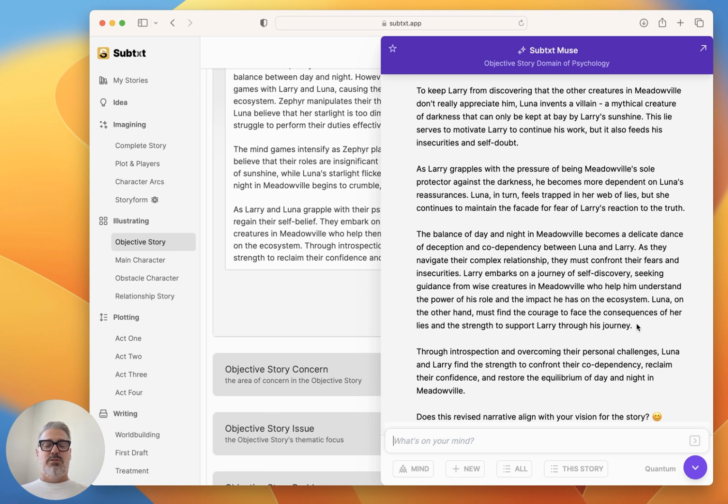As they navigate their complex relationship, they must confront their fears and insecurities. Larry embarks on a journey of self-discovery, seeking guidance from wise creatures of Meadowville who help him understand the power of his role. Luna, on the other hand, must find the courage to face the consequences of her lies and